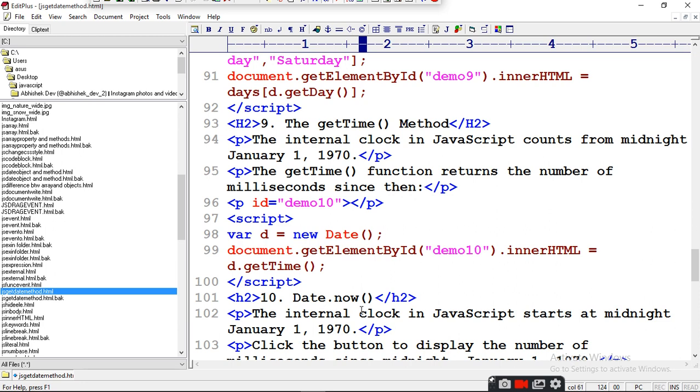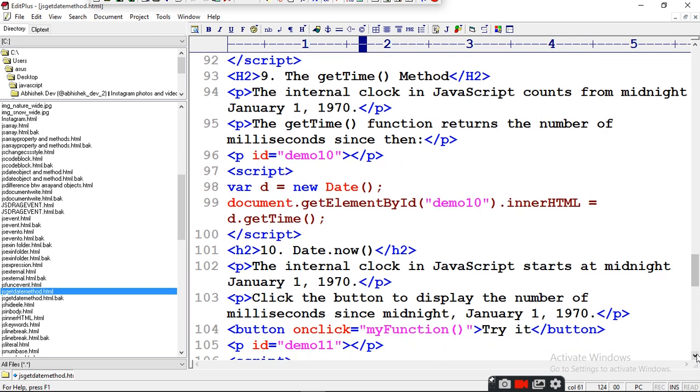Now the date now. The internal clock in JavaScript starts at midnight January 1, 1970. Click the button to display the number of milliseconds since midnight January 1, 1970.